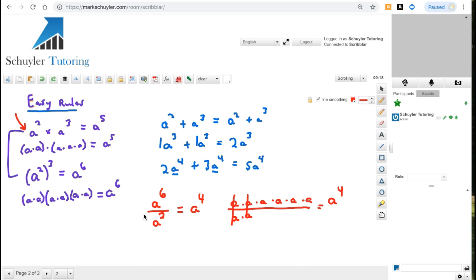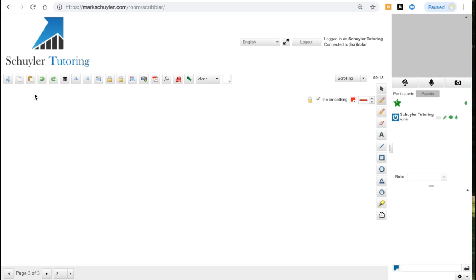So here are pretty much the easy rules. Let's change slides and take a look at the hard rules. All right, and I'm going to label it up here. Okay. Now that we've got our easy rules all rock solid in our brains, we'll take a look at the hard rules. So it starts with understanding what it means to bring an exponent to